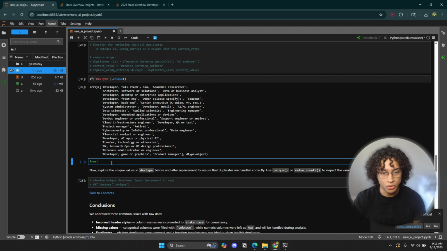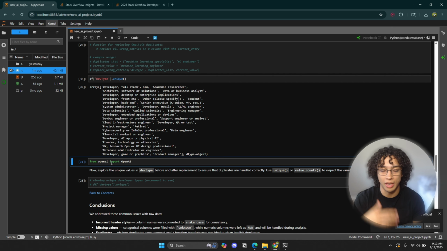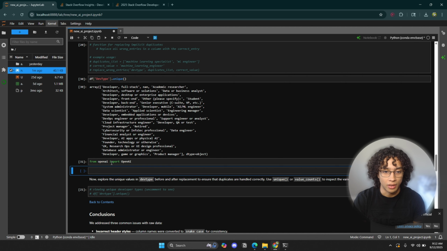So if we remember, we have to import the OpenAI SDK. In order to do that, from openai import OpenAI. Let's see if that's actually the right one, because I don't remember this stuff. I keep forgetting a lot of this stuff because it's not good to memorize these things,